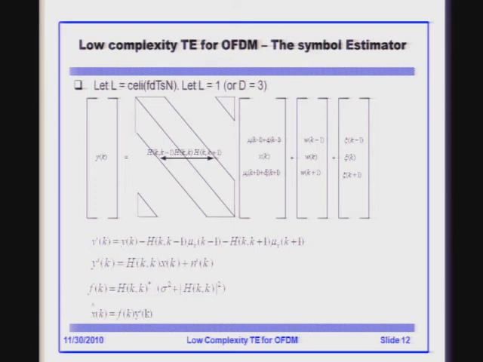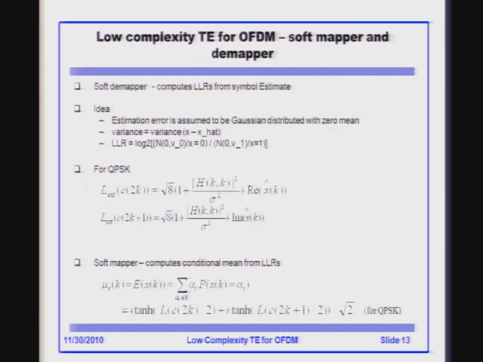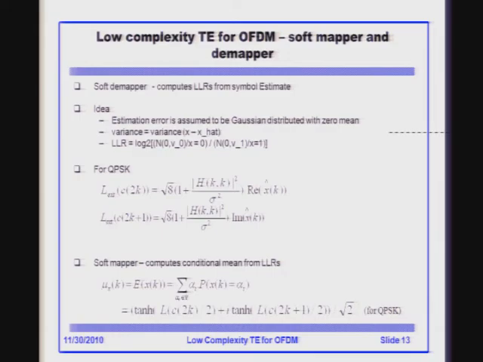Now, once we do this, okay, now that is about the symbol estimate. Now we are going to see how the soft demapper works. The idea here, this is the standard idea in turbo equalization, is to estimate the symbol errors. It is assumed that the estimation error is Gaussian distributed with zero mean, and the variance of that is